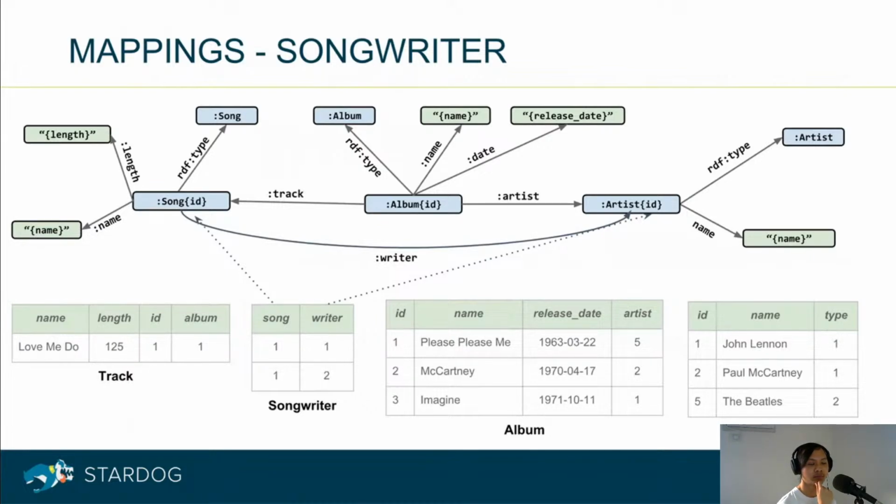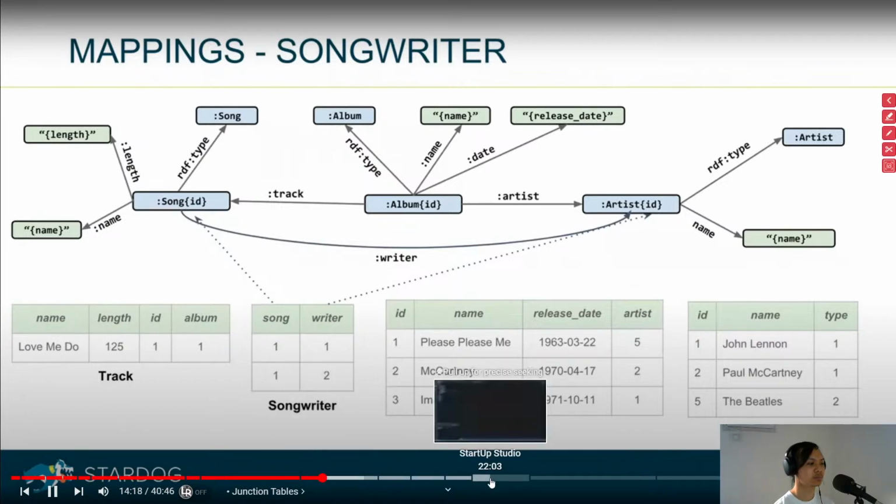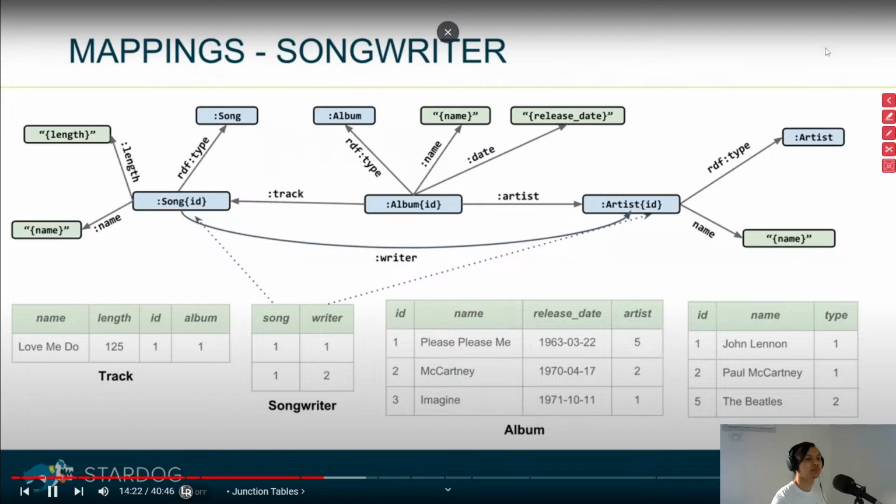So in the songwriter table, each row is representing a link between a song and the artist who wrote the song. Of course, for simplicity, we are not differentiating composer from lyricist and those kinds of things. So we are just calling everyone a songwriter. And so if you look at the table here, there's the song identified by ID1, which is Love Me Do, and there are two writers for this song, artists with ID1 and 2,